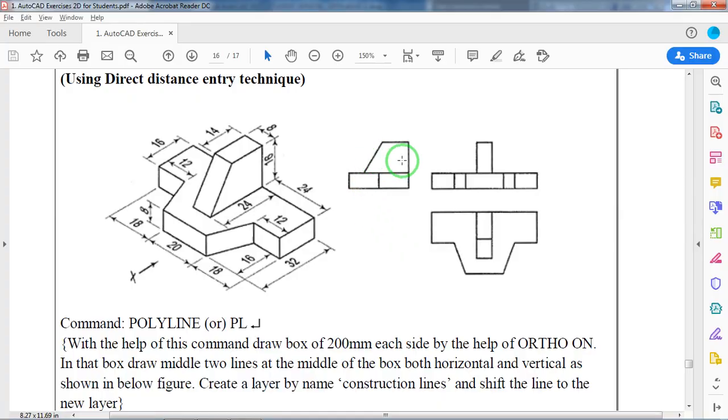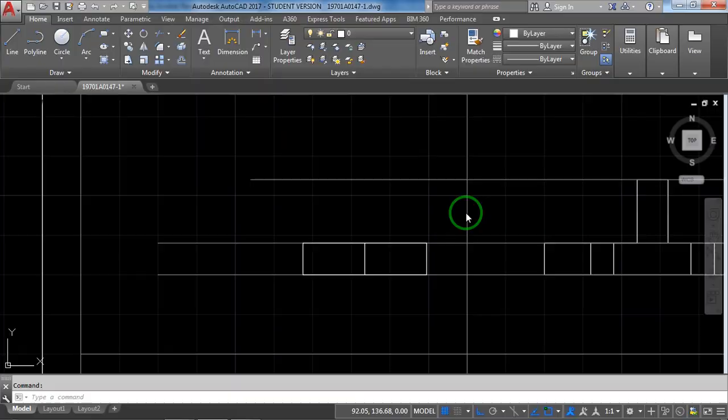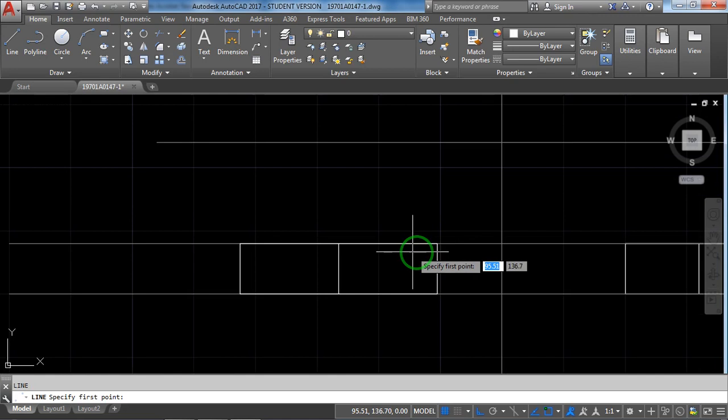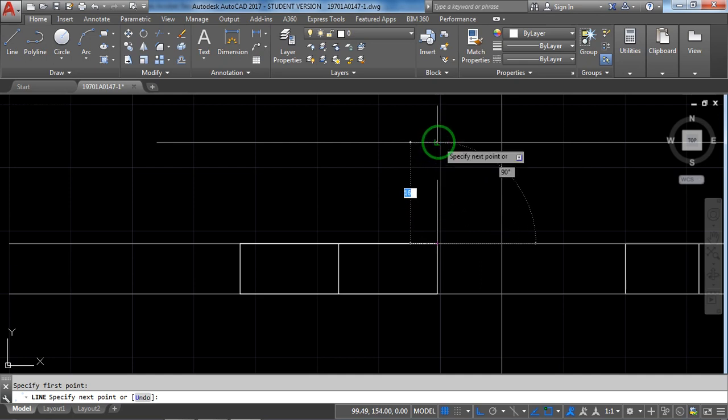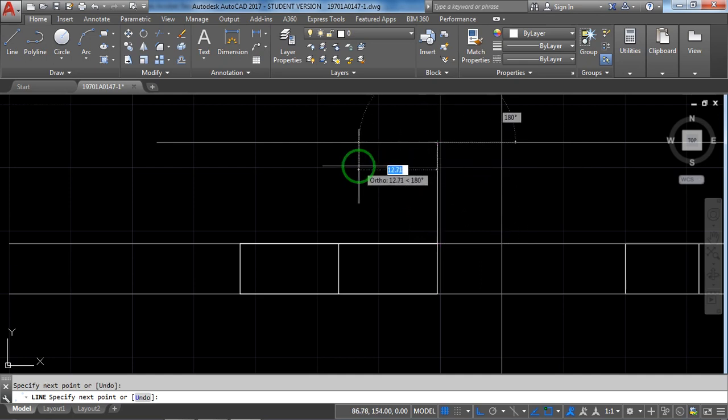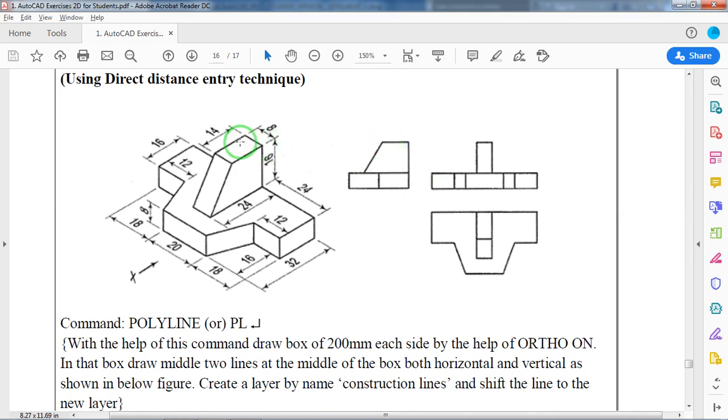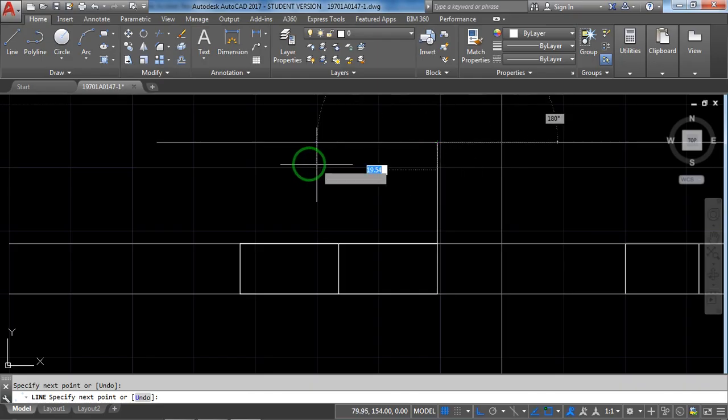Now again, the one from here, top left cross, from here the height is 16, nothing but this height. Already we have drawn the line. You can directly use this technique. L, enter, starting point I am using the mouse, end point cursor, click on this, go to top, end point selected. Now towards left, this is different, it's 14. There is no reference point for us, right? So that direct distance we have to enter by typing 14.